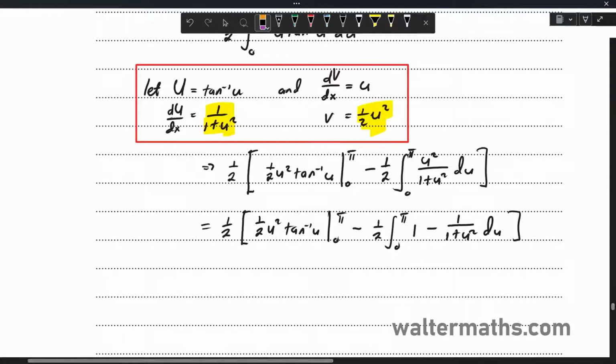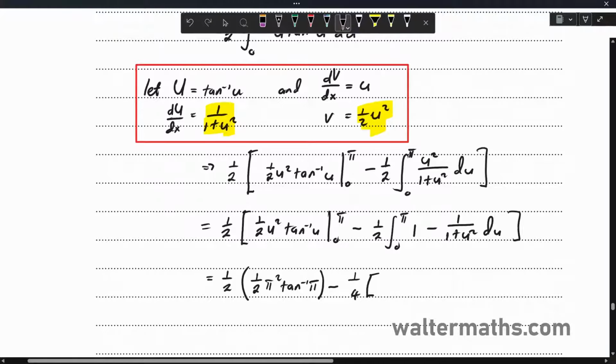So let's carry on. Now we are saying a half of, and now let's do the substitutions. It'll be half of pi squared of arctan of pi. But if we substitute 0 for u, we get 0, and it's going to be minus. Now we go to this part, a half, or maybe let's close the bracket. And when this half multiplies this, it becomes a quarter. All right, so we have here a quarter of